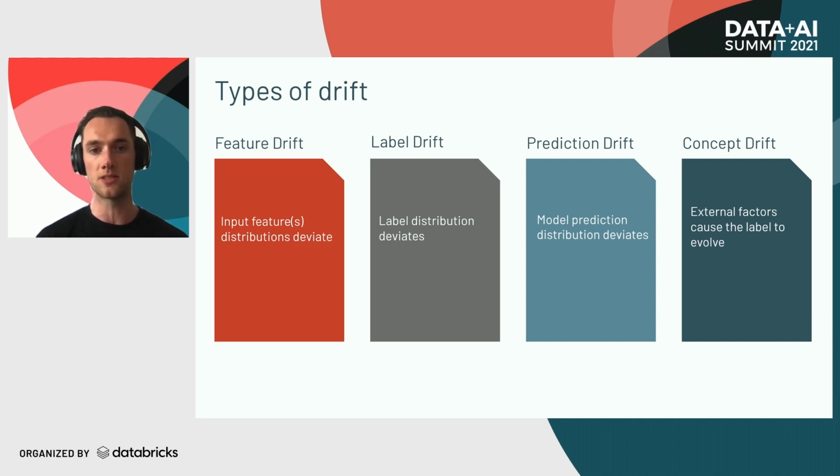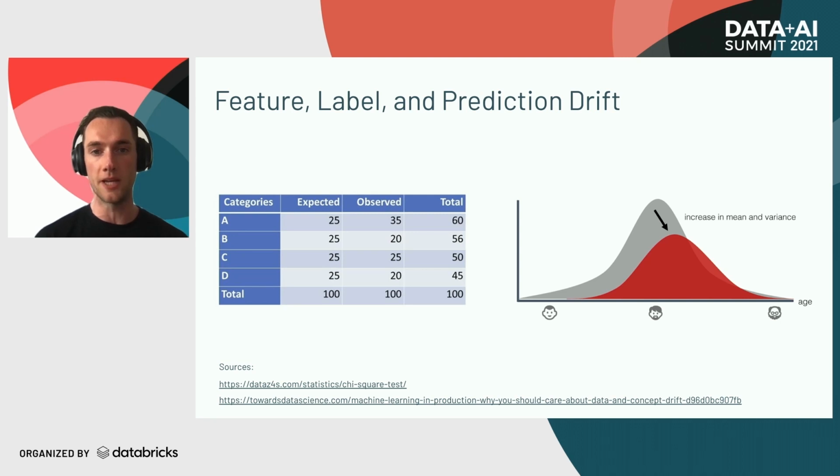Just to then double click on some of this. Looking at feature, label, and prediction drift, these can all rear their head in very similar circumstances and often occur in a confounding manner. So one can cause the other. Some literature often buckets these different forms of drift under the same umbrella of data drift. And Cheng will walk through how we can use the same set of tests to identify these different forms of drift. But just to illustrate what something like feature drift looks like, let's first look at the following two feature